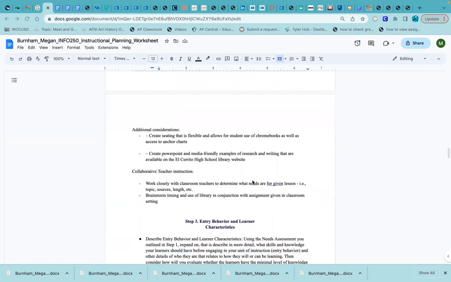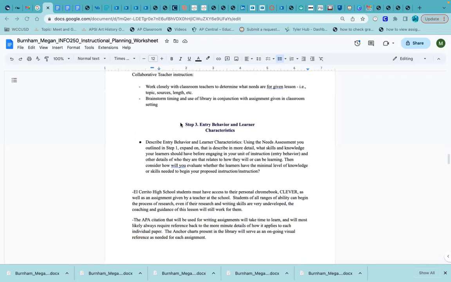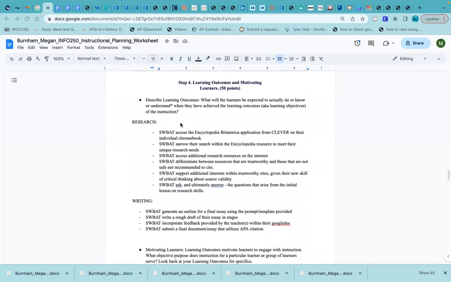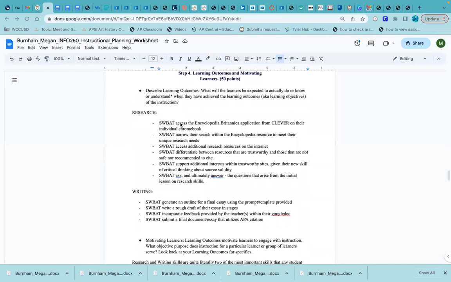And then thinking about in my library space, having seating that's flexible for students to, again, engage with their own Chromebooks and also with each other. And also, thinking about the learning outcomes, to be very clear about where we want students to end up is we want them to be able to